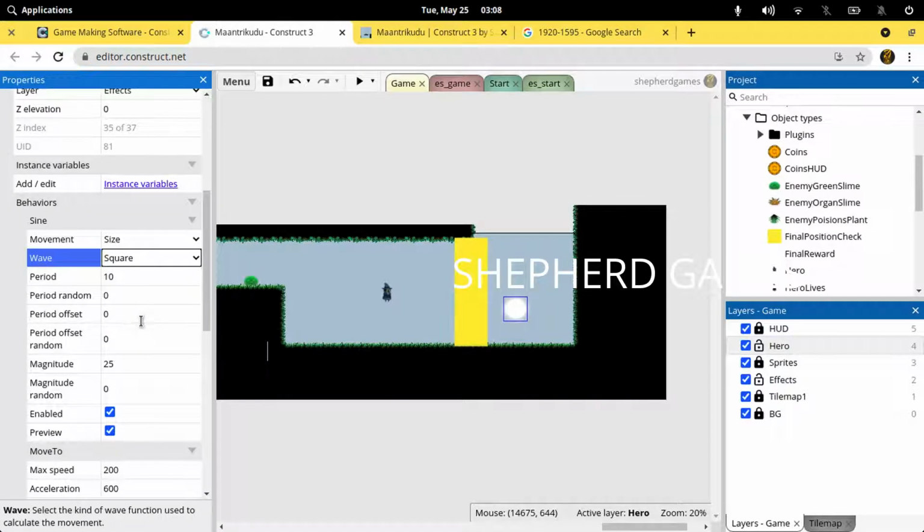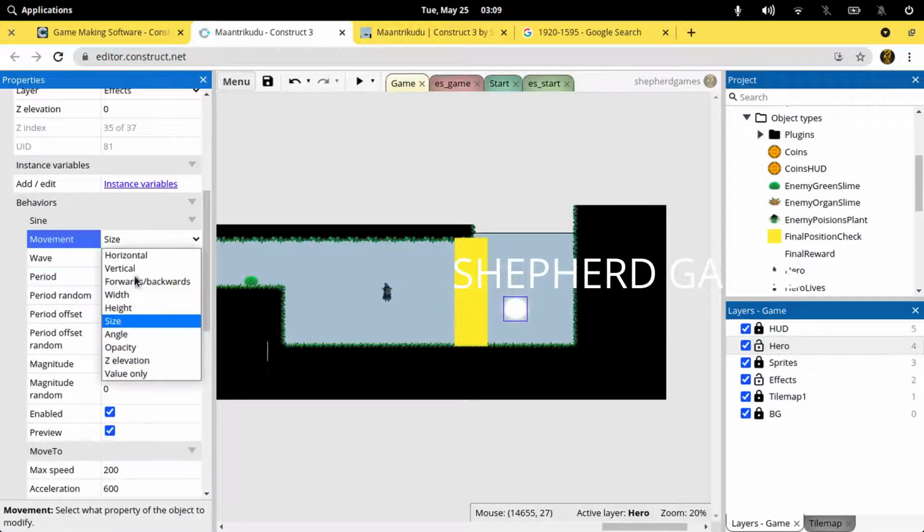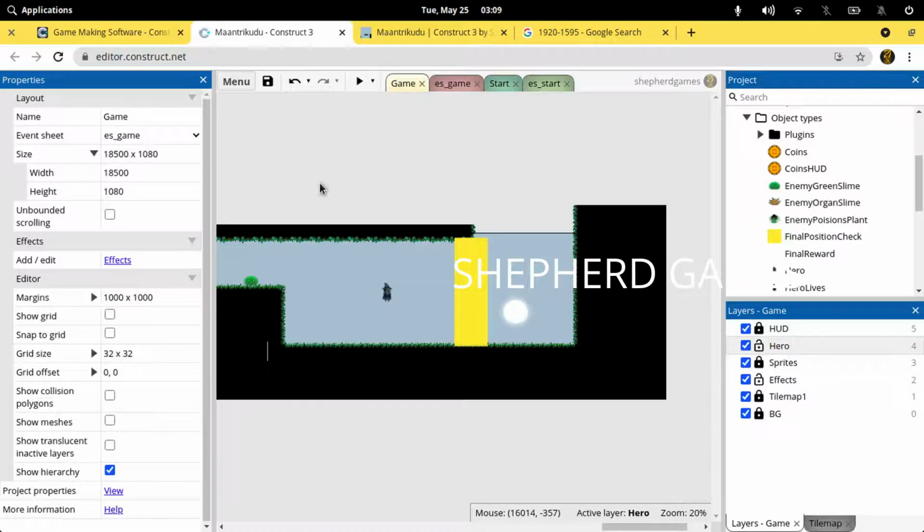Nothing is happening. All right, let's not invest more time on it. I'll set it back to the same movement. What I will do is